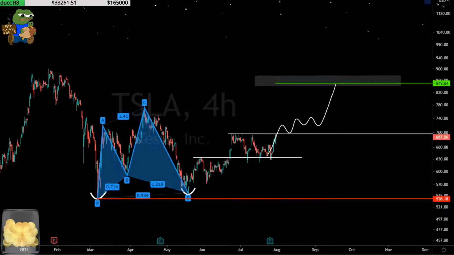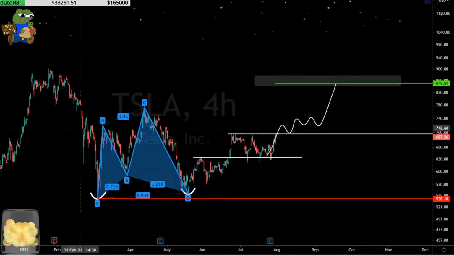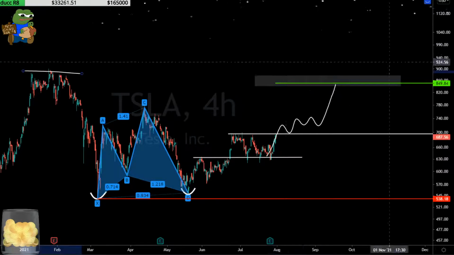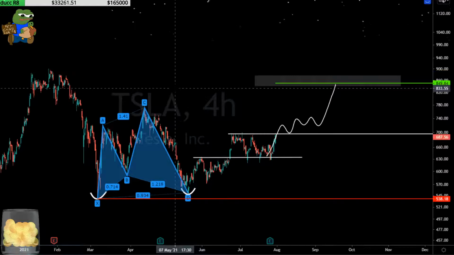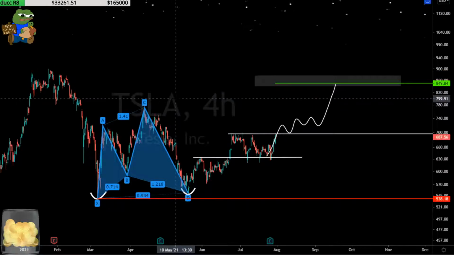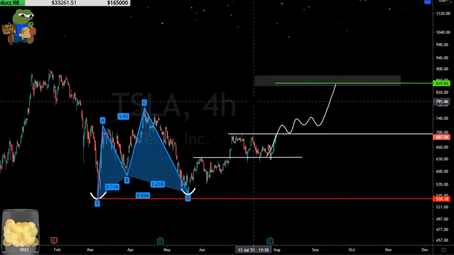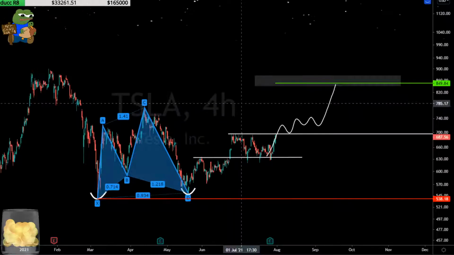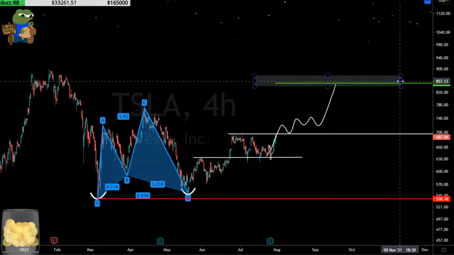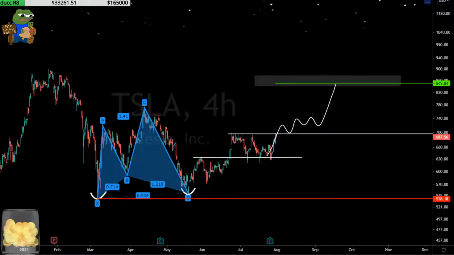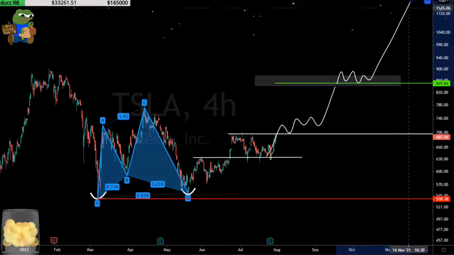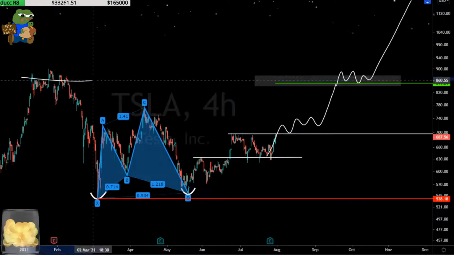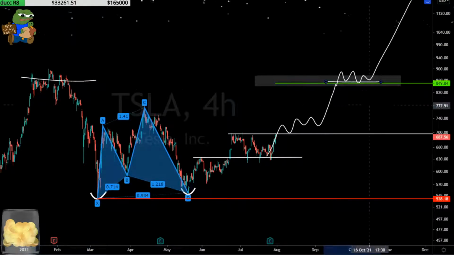If we can get that, again, this is that previous kind of high area like on Enphase. And in theory, these are both literally 1 and 2 in the battery market. Enphase, number 1. Tesla, number 2. If one's rallying, why wouldn't the other be rallying? So if Enphase gets up here and breaks all-time highs, you would likely see Tesla doing the same thing. All right, Tesla.